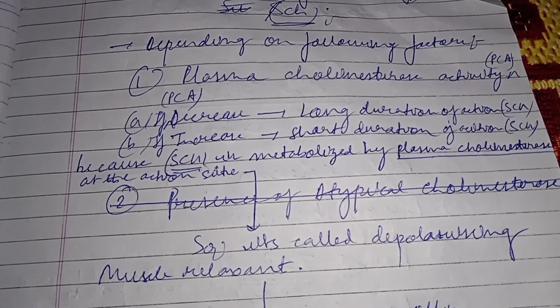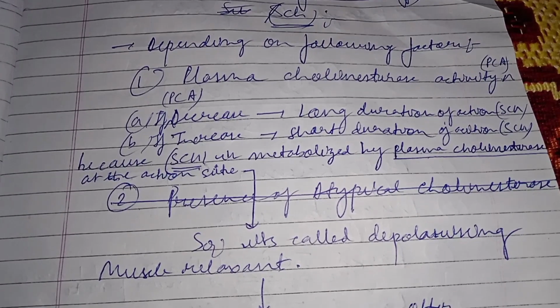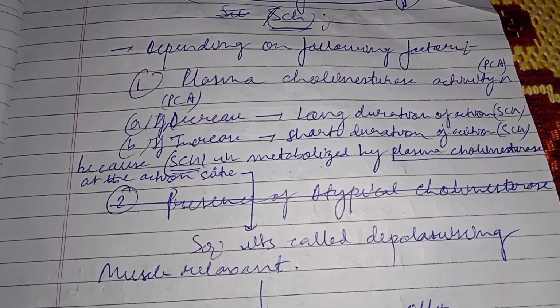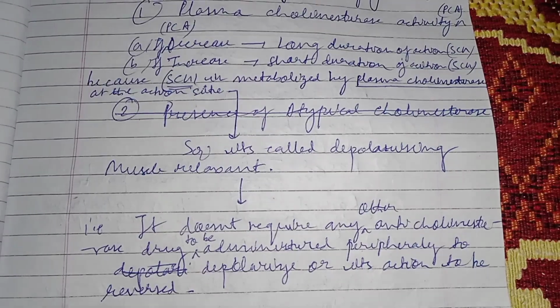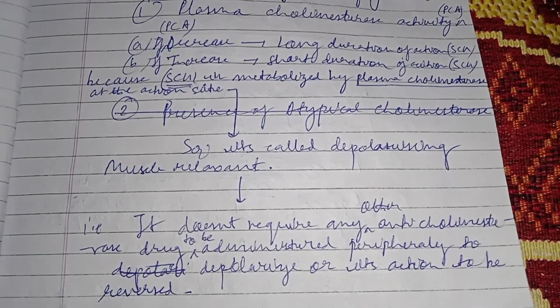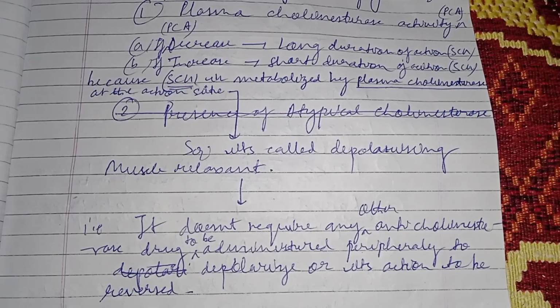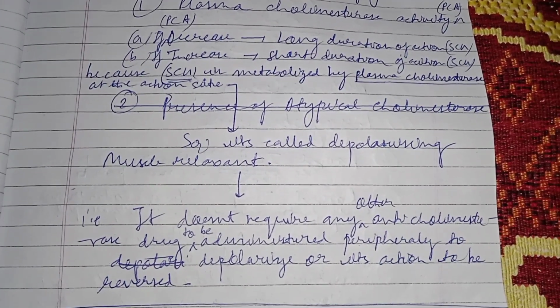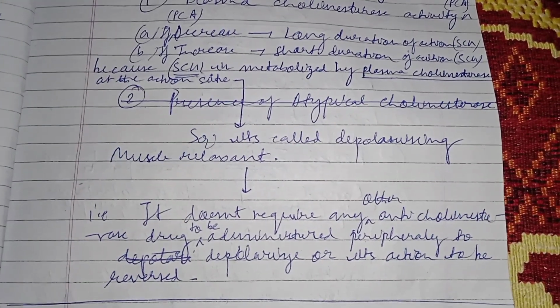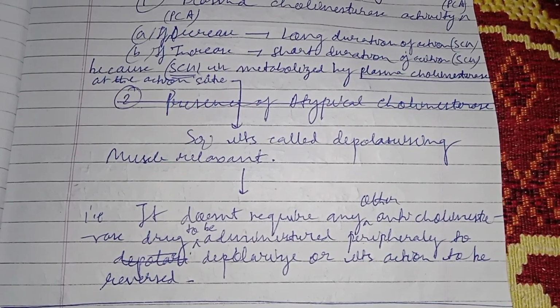I repeat, if there is increase in plasma cholinesterase activity, there is short duration of action of SCH, that is scoline, and if there is decrease in the plasma cholinesterase activity, then there is long duration of action of the succinylcholine. And this is the most important point from the exam point of view, and questions will definitely be asked from this section. So please keep this point in mind, that